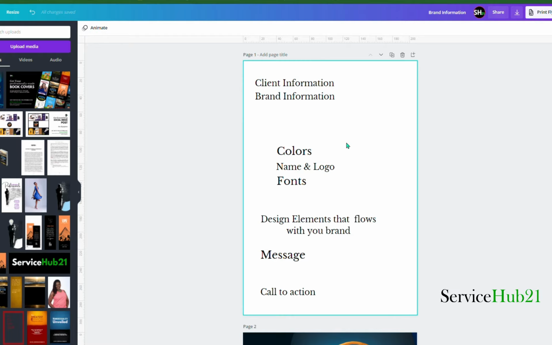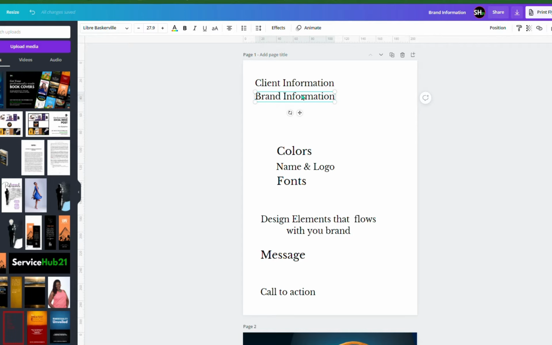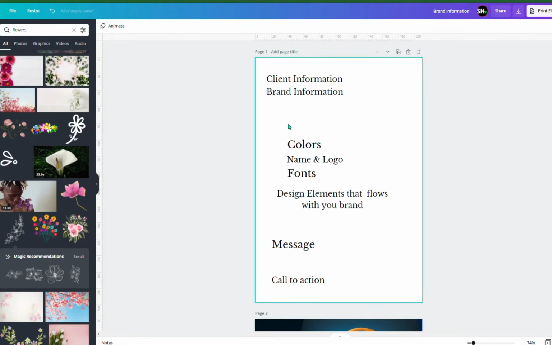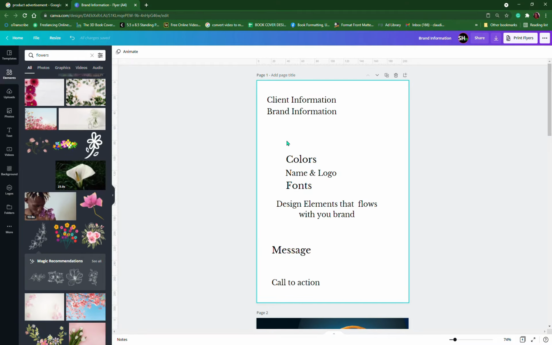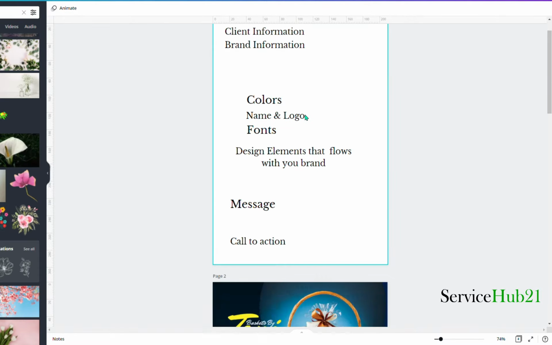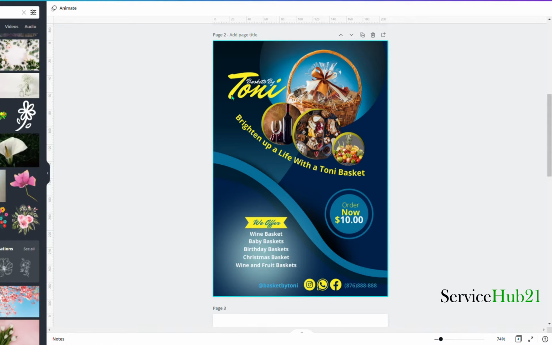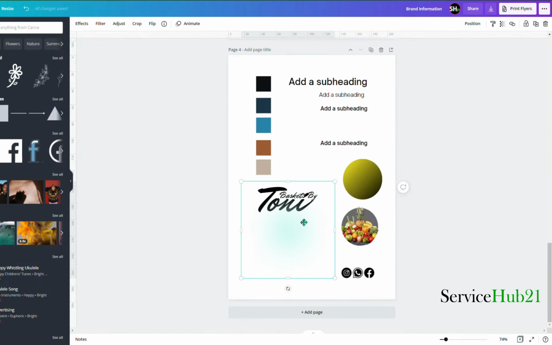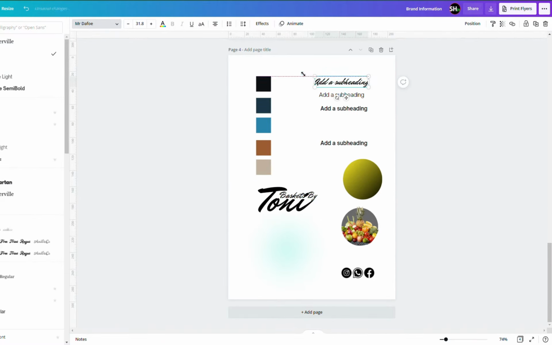The idea is to always know who you're creating for. So you want to know the client information, which are their branded elements. You want to know who this design is for, who their audience is, who they are planning to make this ad reach, who they want to see this ad. Once you know that, it makes it easier. For example, a 60-year-old person would not necessarily be interested in the same thing a 16-year-old would be interested in. Okay,